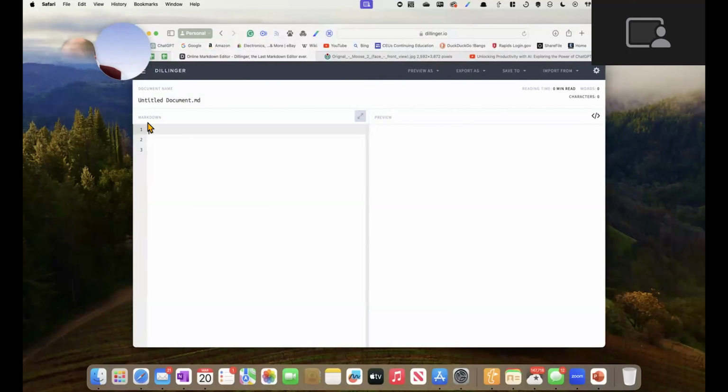What we're going to do is start off with block quotes. How do you do a block quote? Well, you're going to use the greater than symbol, and then you start typing.